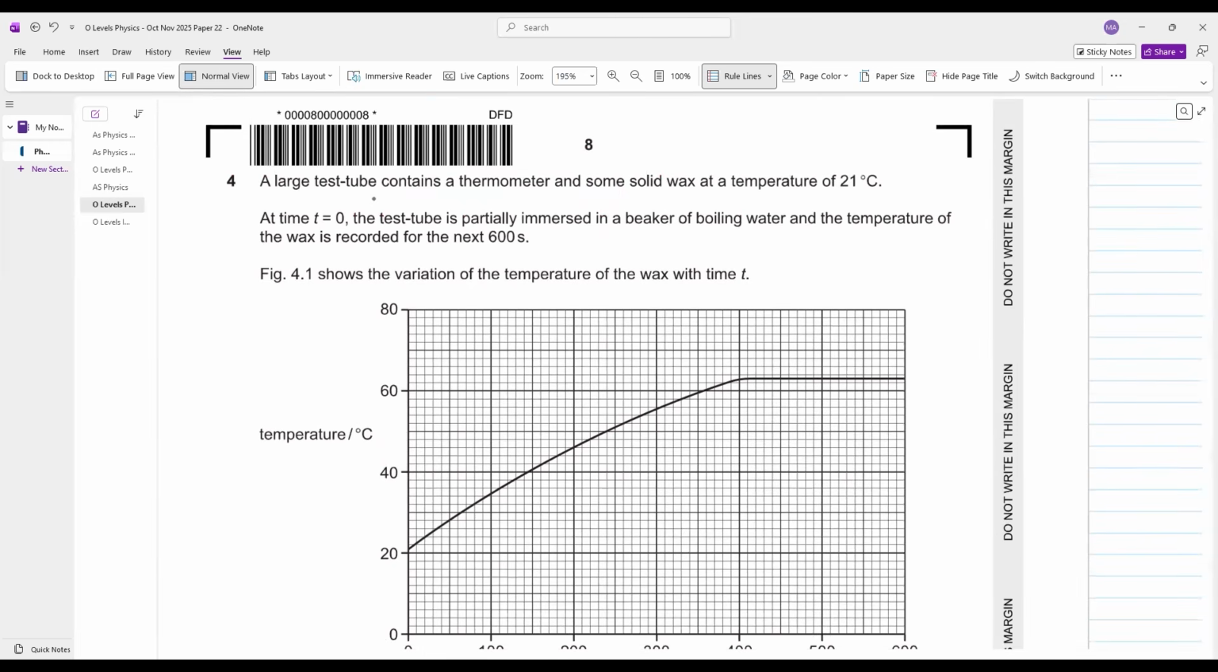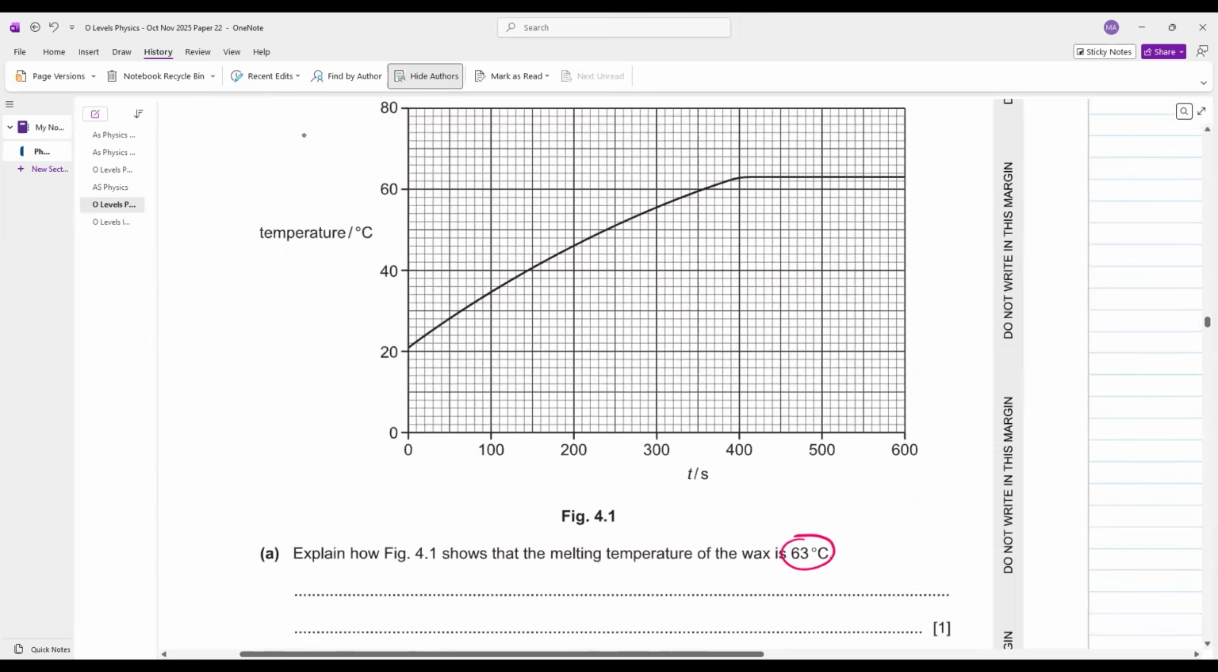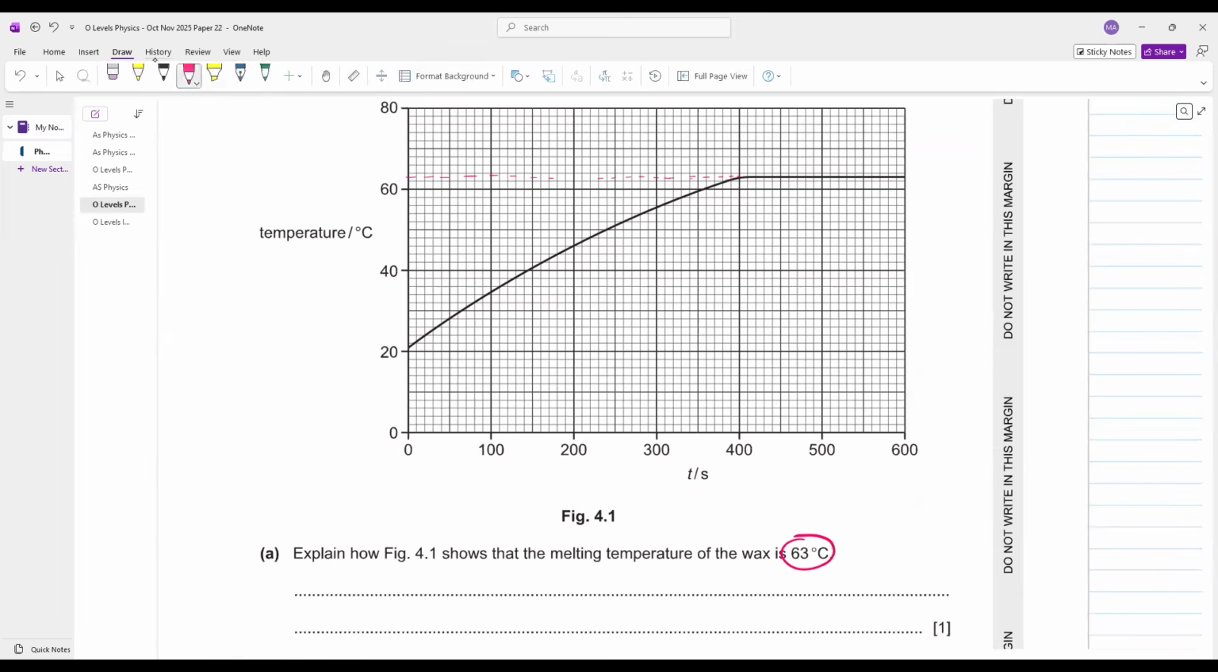Okay, let's see this. A large test tube contains a thermometer and some solid wax at a temperature of 21 डिग्री सेंटीग्रेड। अच्छा जी, आपका इनिशियल टेम्परेचर है 21 डिग्री सेंटीग्रेड का, ठीक है। At time t equals 0, the test tube is partially immersed in a beaker of boiling water and the temperature of wax is recorded for the next 600 seconds। Explain how figure 4.1 shows that the melting temperature of wax is 63 degree centigrade। बेटा 63 डिग्री सेंटीग्रेड पे क्या हो रहा है? टेम्परेचर कांस्टेंट हो रहा है। Whenever the temperature gets constant, this means melting is occurring।